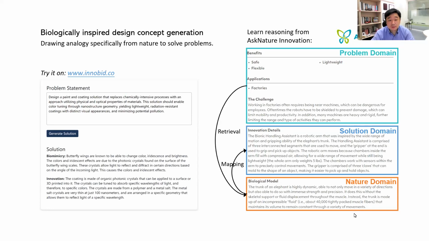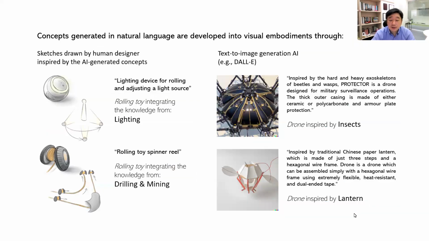This web portal has been used by some companies and researchers to generate biologically inspired design concepts for their specialized design problems. Some of the companies have told us that some of the AI-generated concepts are quite reasonable and inspiring, and some of them are also useful for their design problems and projects. If you're interested, you can also try innov.co to recruit our AI agent to generate BID concepts for your difficult design problems. The concepts generated with our AI models are represented in text form.